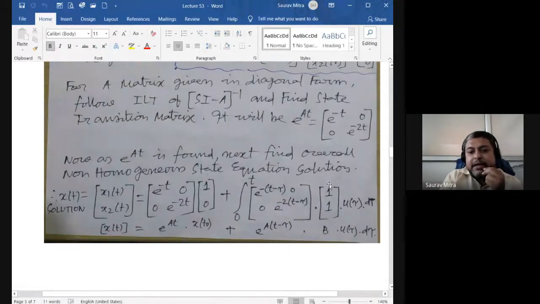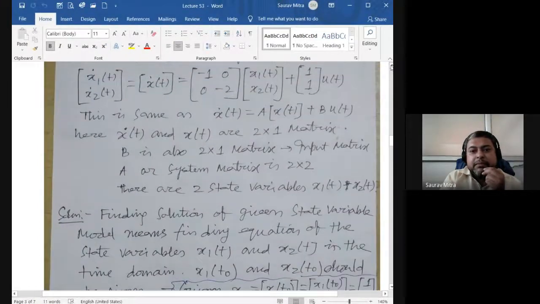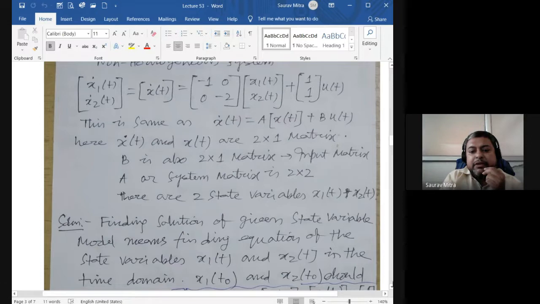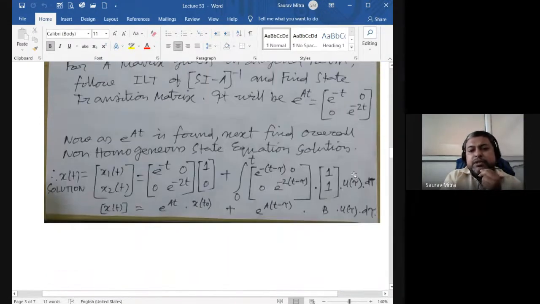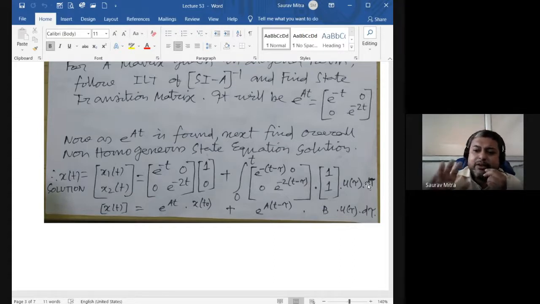And this is the B matrix, given as 1 1. You can go up and see that the B matrix is given as 1 1. The input is not mentioned, that's a mistake I made. The input is u tau. Okay, so this is this part. It's an integration you have to do, and don't get scared with integration. It's very simple. There's nothing in it, and it is not a big integration we are doing. Very simple thing, just look at the numerical.